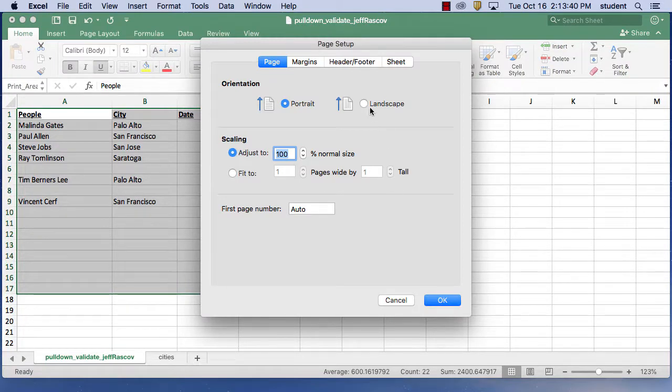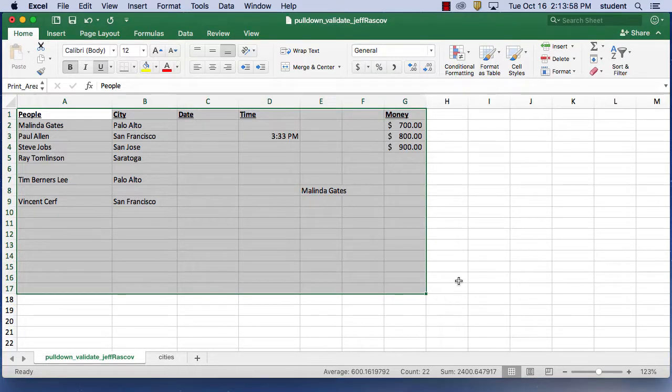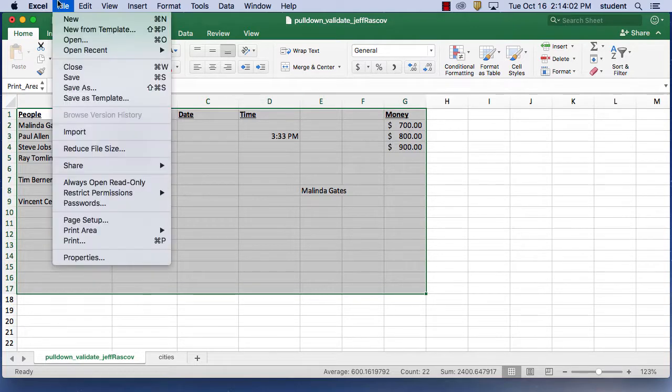In the print setup, I might go to landscape. By going to landscape, I'm rotating the paper around so it's more horizontal instead of vertical. By doing that, I can then say okay, and if I go now and save as a PDF file,